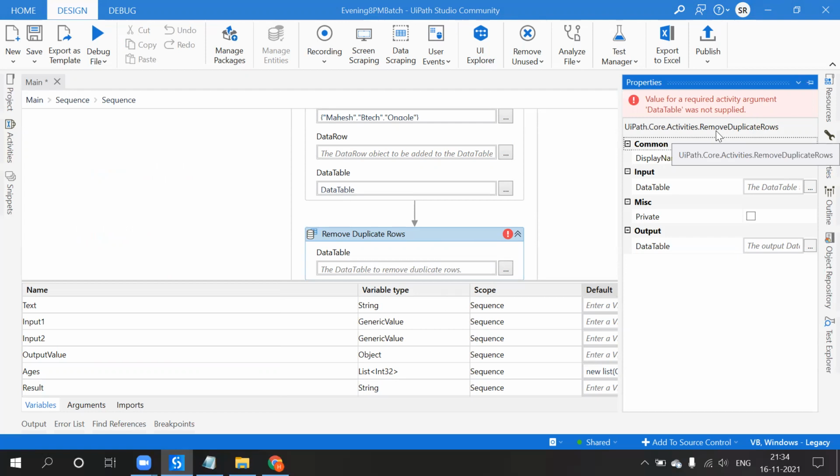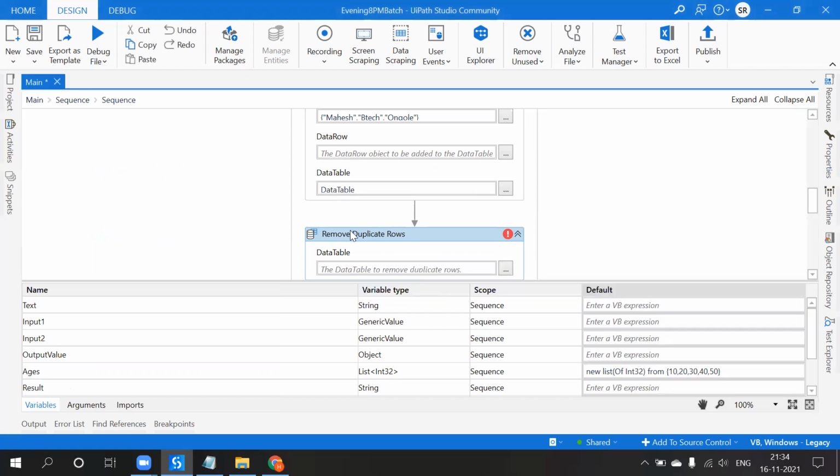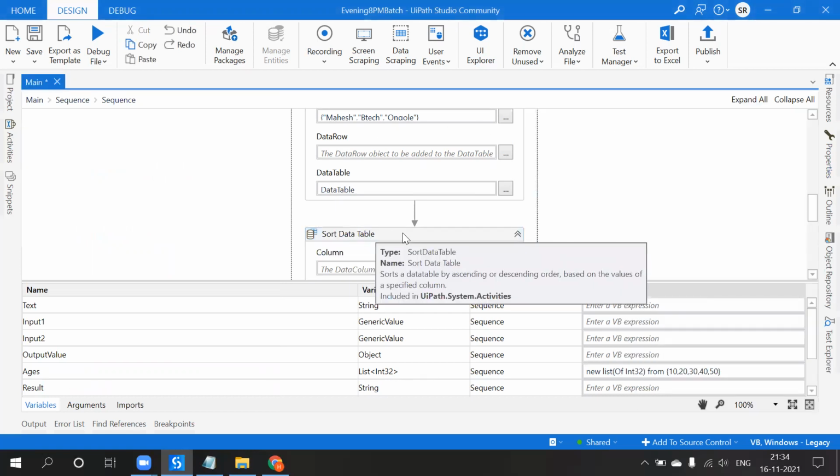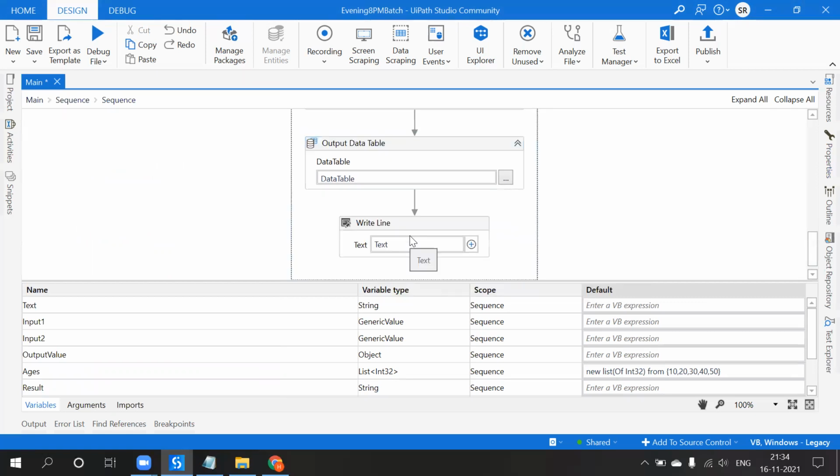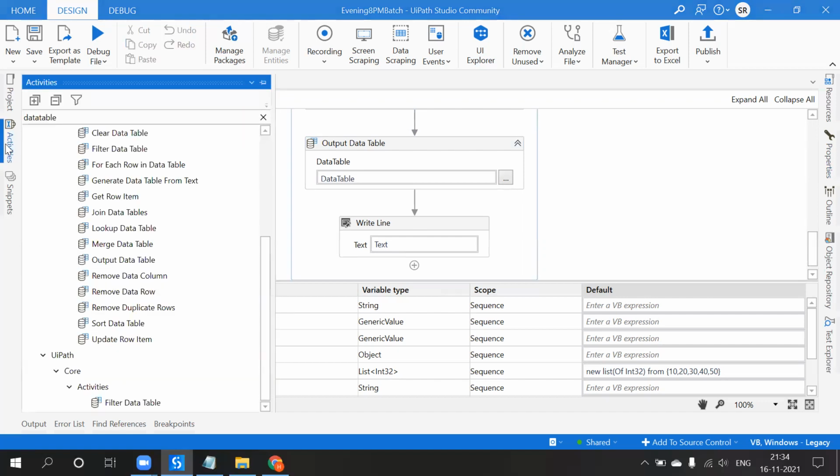You will pass only a data table and you will get another data table as output, where the duplicate values occurring in the data are removed. It's not a big issue to pass the values, right? It accepts only one parameter, which is the data table.